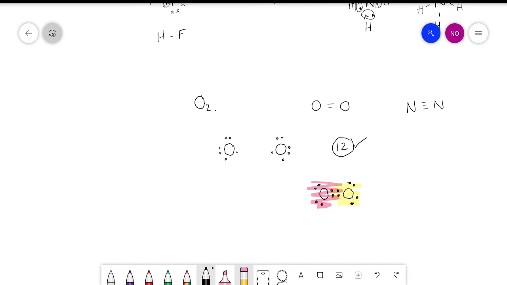Al jou atome is happy, hulle het hulle 8 elektrone, check. And now if we depict this, we say it's O, double bond O, because they have 2 orbitals that share electrons. How many electrons are they sharing in